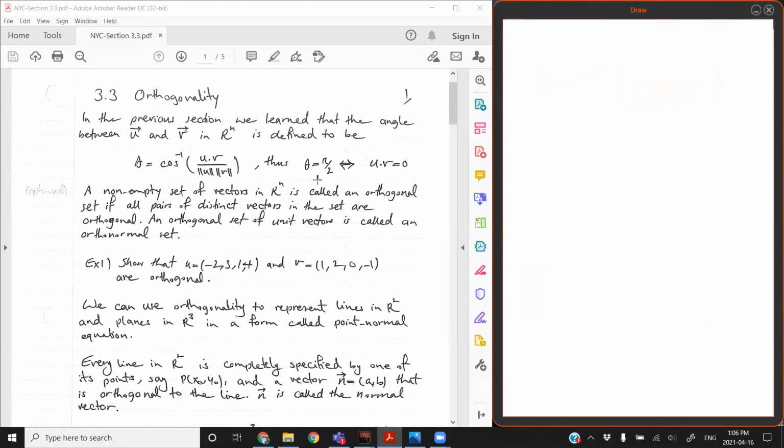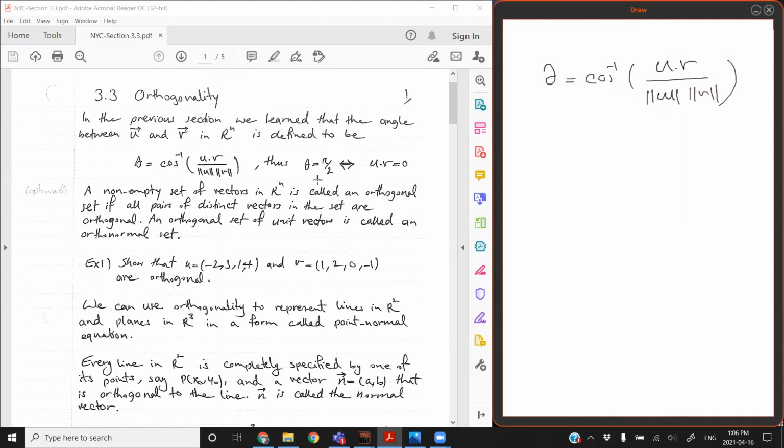Section 3.3, orthogonality. Orthogonality simply means being perpendicular, or for two vectors making a 90-degree or pi over 2 radian angle. In the previous section, we learned that the angle between u and v in any space Rn is defined to be theta. The angle is cos inverse, or arc cosine, of u dot v over norm of u, norm